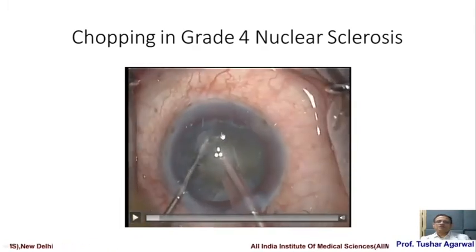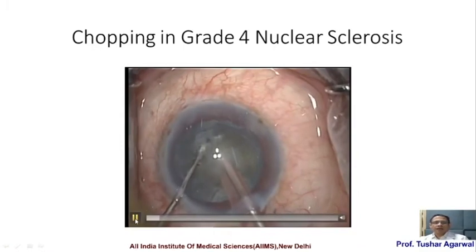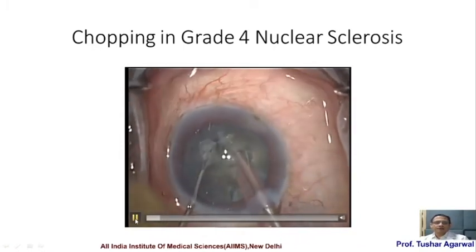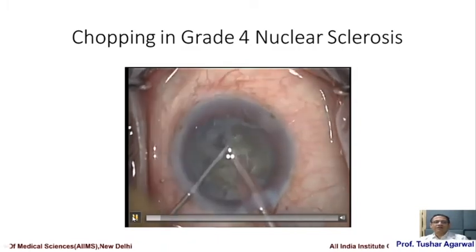It's not exactly in the periphery, that is to be avoided. You do the chopping in the mid-periphery area, which is somewhere before the capsular rhexis margin, and you give chops which are peripheral. They will not come to the center, they will just be peripheral, and you give multiple chops. As you give multiple chops, you will find that the center of the hard nucleus gets separated on its own.